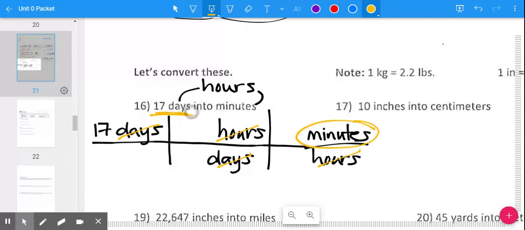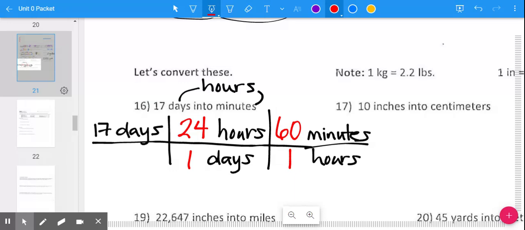So that takes us from our goal from 17 days into minutes. Before I truly cross this out, we need to fill out everything. So how many hours are in a day? There's 24 hours in one day. The comparison between minutes and hours, there are 60 minutes in 1 hour. So each little section is kind of its own